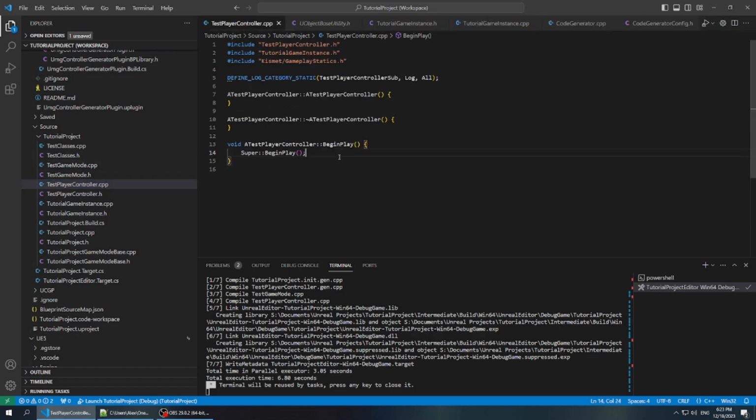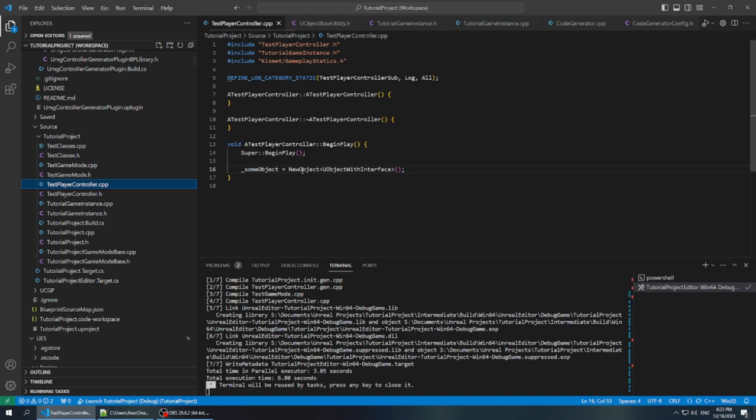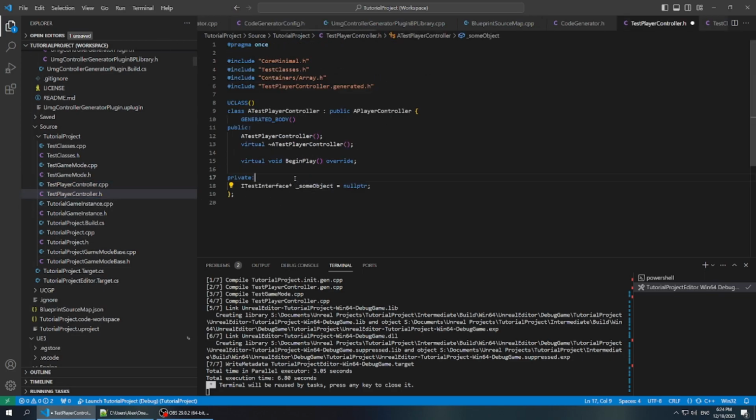And in test player controller, I do SumObject equals new object. And the underlying type will be UObject with interface. And so this iTestInterface pointer, SumObject, will have a new UObject with interface. So if I go to make this a UProperty now,